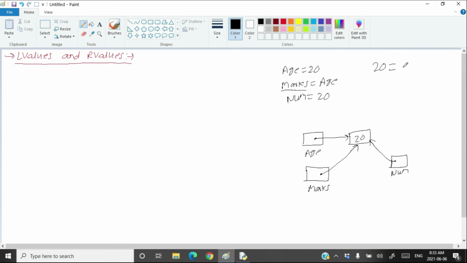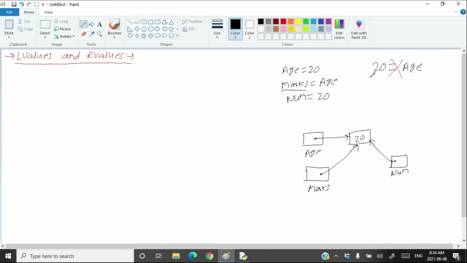You cannot do it like this. This is an error. So variables can come at both the left hand side and right hand side of the assignment operator, but the constants, the literals, can only come at the right hand side of the assignment operator.